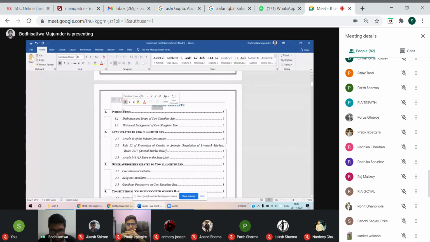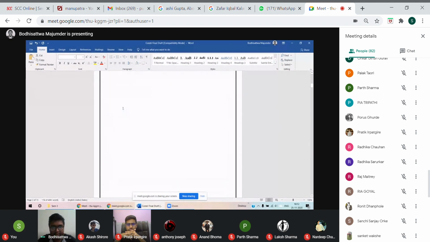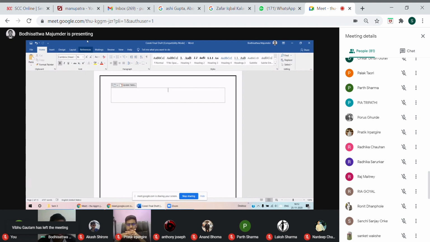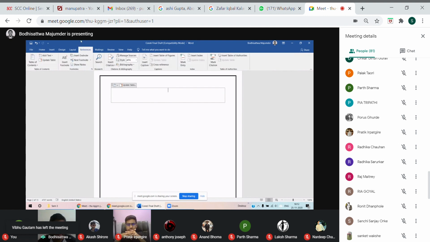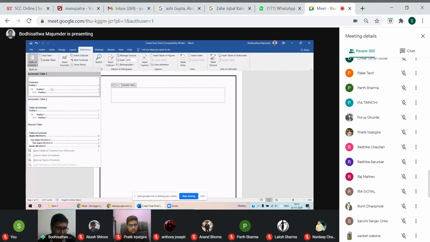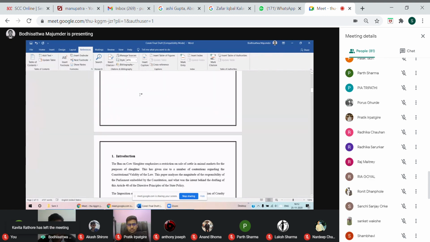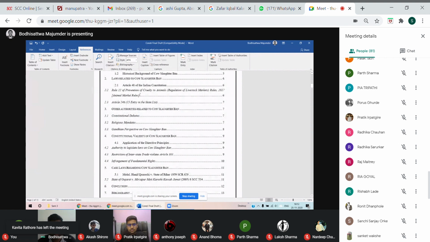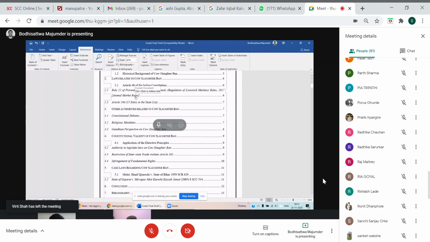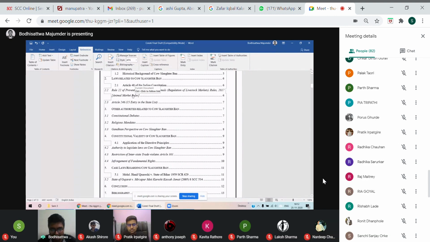Now the magic takes place here. After you have done everything in the whole project and marked all the headings, you go to References. In the corner, you will see Table of Contents. You go here, then you select the format which looks pretty and select it. Then automatically your table of contents will be formatted. Now, this is not only about the cuteness, it is about marking. See, when I press Control, it acts as a link. Whenever I click it, I will be sent to this paragraph.